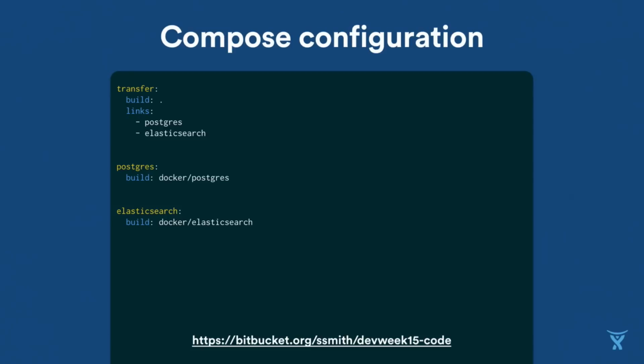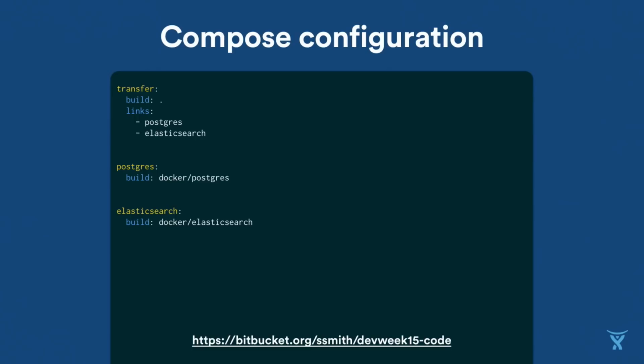This is what a Docker Compose file looks like. As you can see, very simple indeed. There are only 3 images here. We supply the transfer one. This is our image. This is ultimately what we want to run. We say we build it using the Docker file in the current directory, and we want to link in Postgres